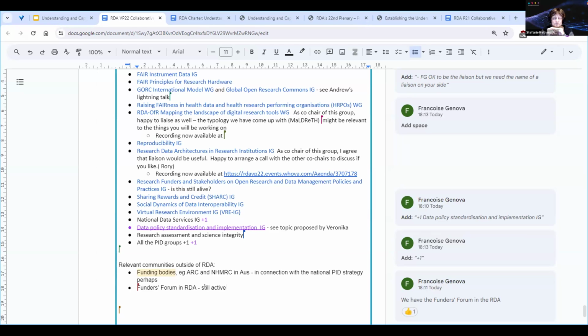Okay. But you know, in Göteborg, we were invited by the Funders Forum to talk about evaluation of research. So you can establish a liaison between an interest group and the Funders Forum, and they listen. They are interested in discussing. Okay. So we might want to put something together that could be shared with them.